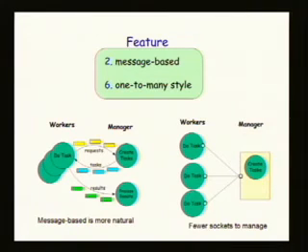The other thing that's maybe not as obvious is the one-to-many style, the UDP-like style of sockets. A manager, to talk to a lot of workers, only opens up one socket, so it acts like UDP. If a worker wants to send me a message, they just send it to the single socket. It comes in, I read it off the socket, and I do what I have to do with it. If you imagine a system with many managers and many workers, you don't have a huge number of sockets that can begin to explode on you. At least in MPI, you sometimes get this sort of n squared, where every processor has to open up n sockets, and n for a large system could be 1,000 or 10,000.